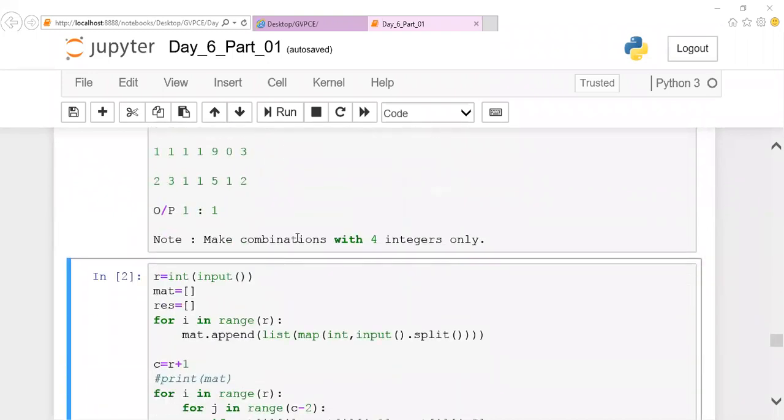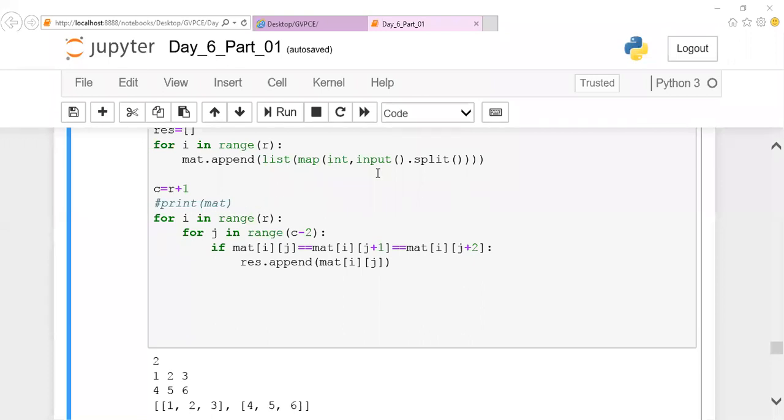And one more important key note: they have given that the combination should be made with only 4 integers. So here you're supposed to consider one important part: it should not go index out of range. Think about it. Right now you're dealing with only this problem statement. If people can't solve the MCQs here itself, then look at this OOPS concept, where the problem statement will be given and you're supposed to see the solution, or find what value to pass for it.